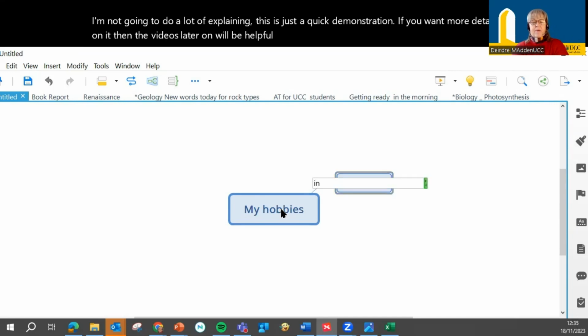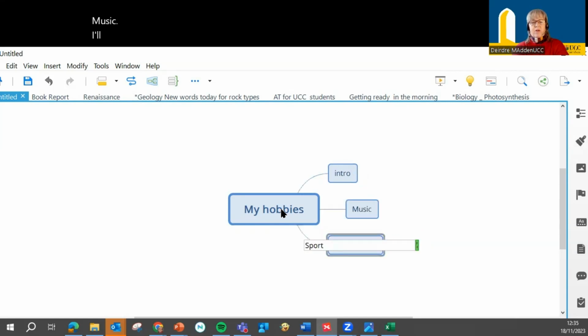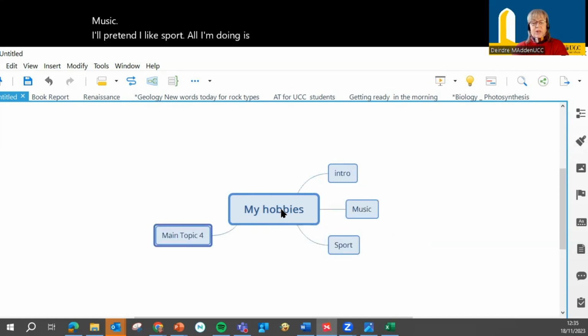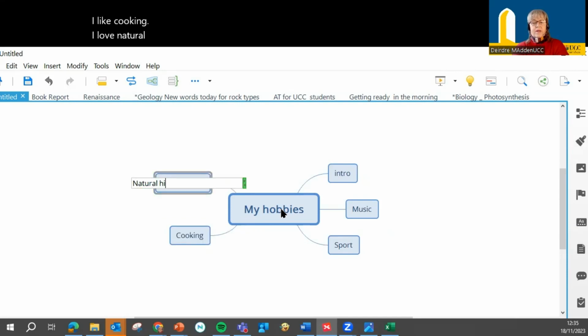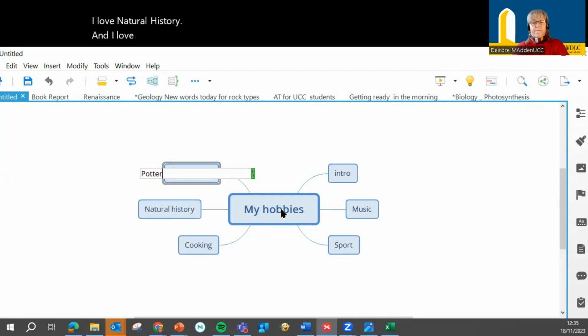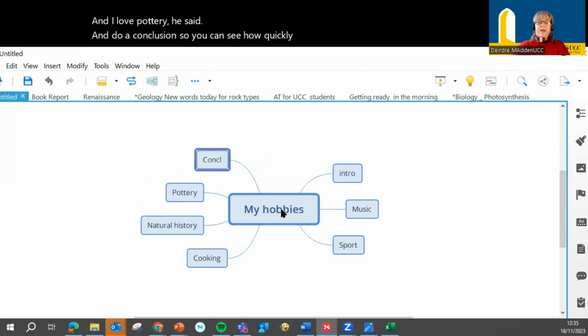I try and get into the habit of writing an introduction. I press return twice and I'll go, okay, my hobbies are music. I'll pretend I like sport. All I'm doing is pressing enter between each one. I like cooking. I love natural history. And I love pottery, we'll say. And do a conclusion. So you can see how quickly you can throw a lot of ideas out onto the